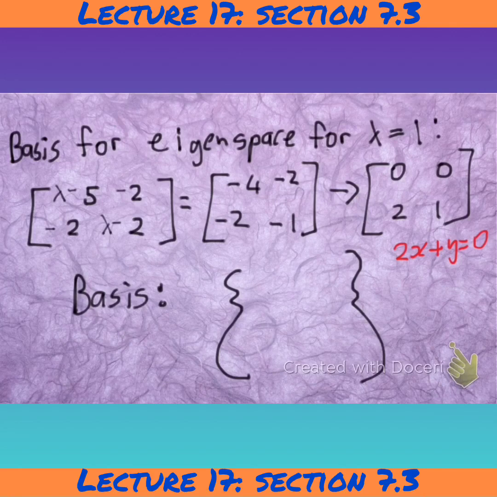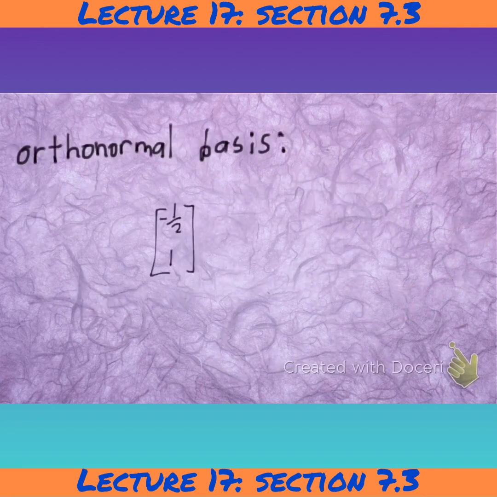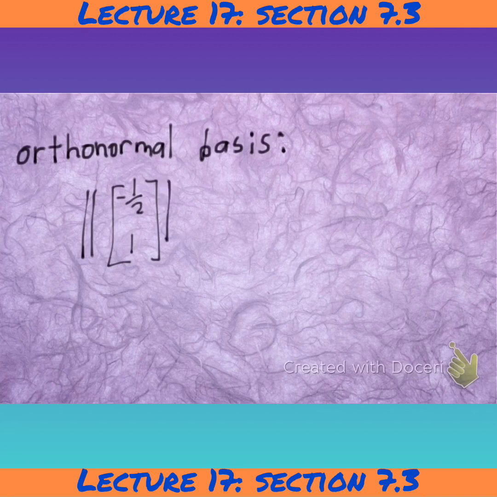So we can parameterize the variable y, and so your vector is going to become that. What is the norm of this vector? The norm of this vector is going to be the square root of